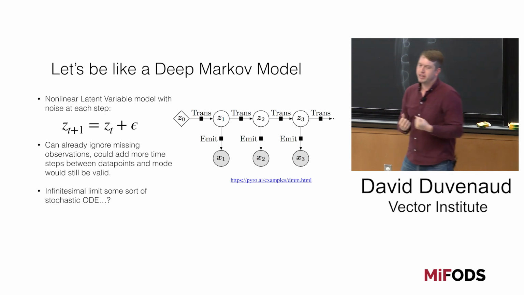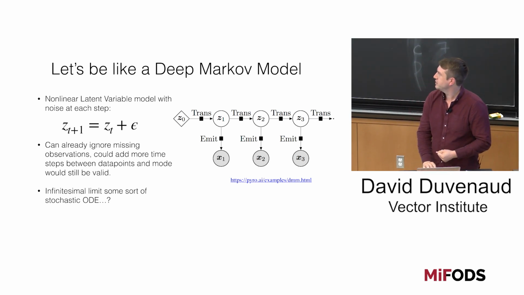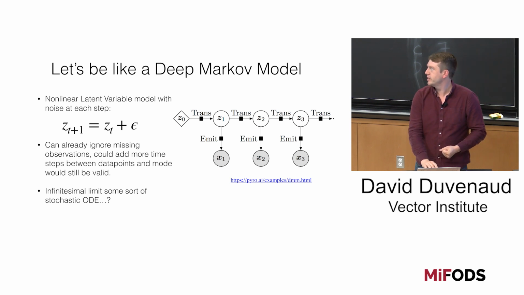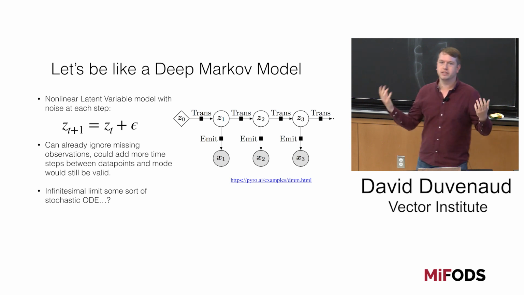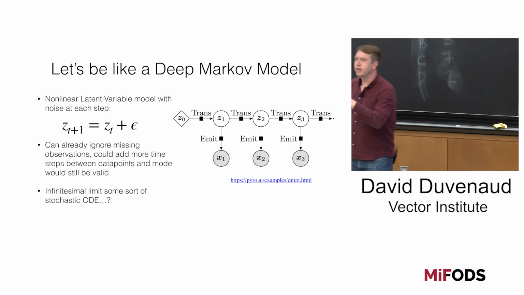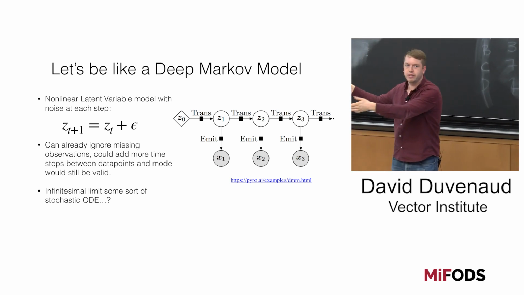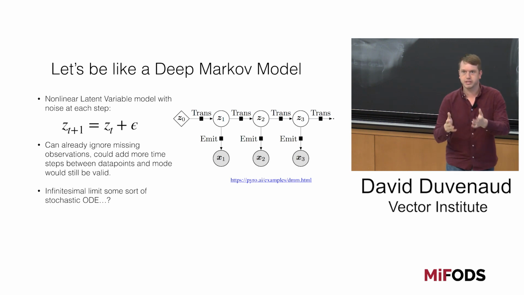Okay, so let's be more like the deep Markov model. These probabilistic transitions, you can also think of as z of t plus 1 is z of t plus some noise, right? And this noise is what's going to let us deal with all these weird things like people being hit by cars, or all the little weird interactions that happen throughout life that we don't have the capacity to model in our huge Markov deterministic state.